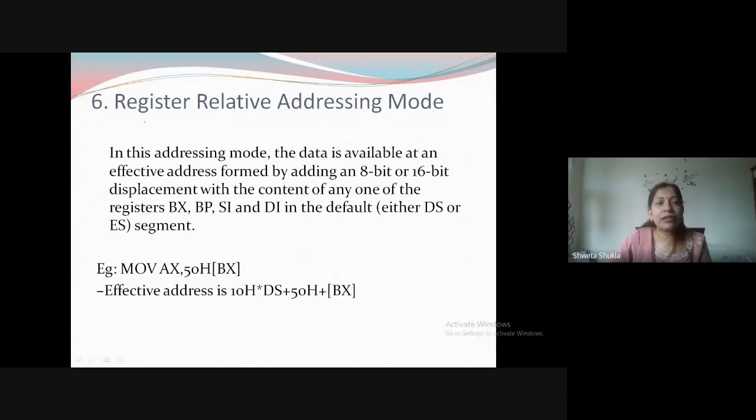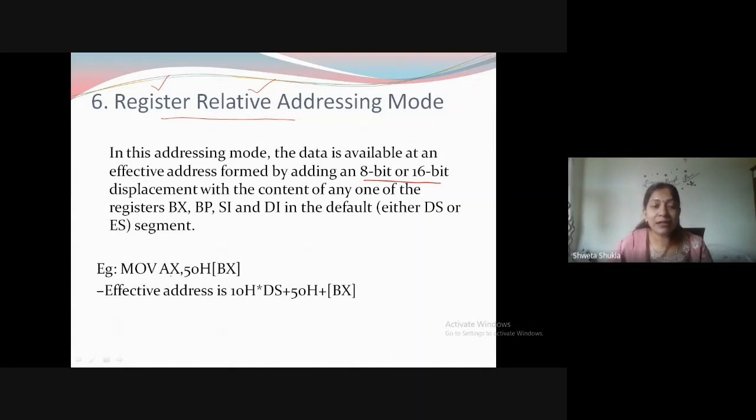Next comes register relative addressing mode. What does register relative addressing mode mean? See, we have a register here, and we have some relative value. In this addressing mode, there is a data available, that means we will give a data along with the offset address. That can be 8-bit data or 16-bit data, and that data is used to displace the offset address. That means the offset address that we have should be displaced by that 8-bit or 16-bit number which we have in the instruction.